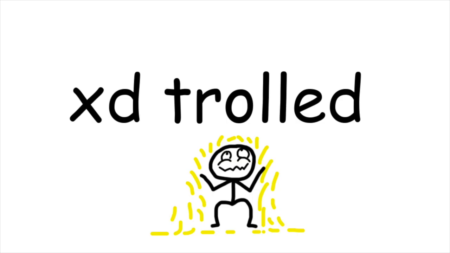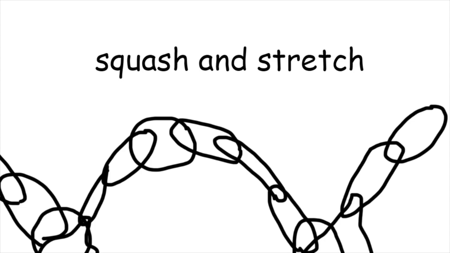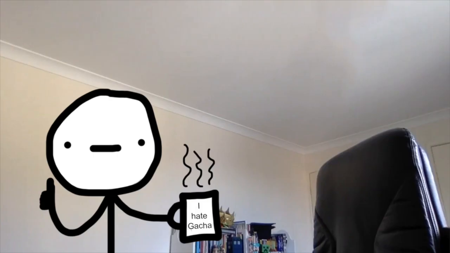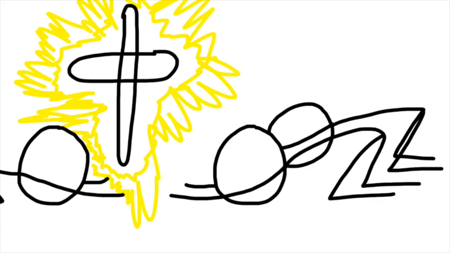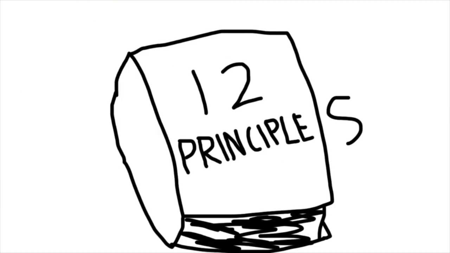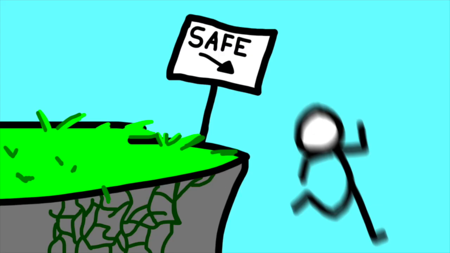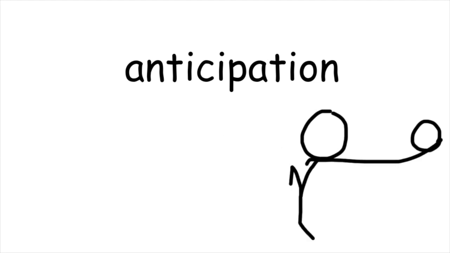There are 12 principles to ignore that lead to fluid and good-looking animation, and lucky we won't cover any plot in this episode. Let's get started. Squash and stretch. Animators all agree that squash and stretch is perfect and is the most important of the principles, and without it, it can make even high-budget material look gross and choppy, which basically means we can safely ignore it without any repercussions.